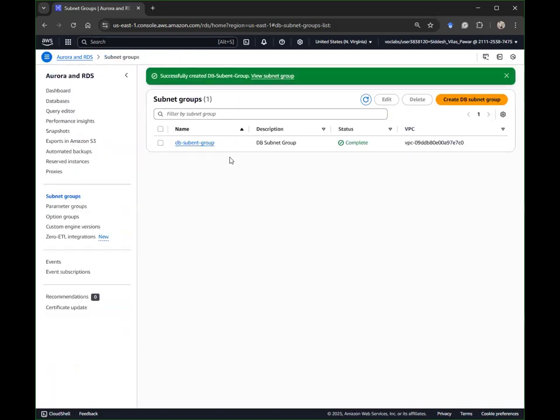Now task one, remember what we did was we created a security group for our RDS instance to talk to our EC2 instance. And then task two was we created a subnet for our RDS database instance. Now what we'll do is we'll create an Amazon RDS DB instance. So to do that,